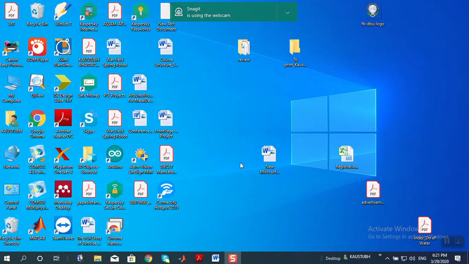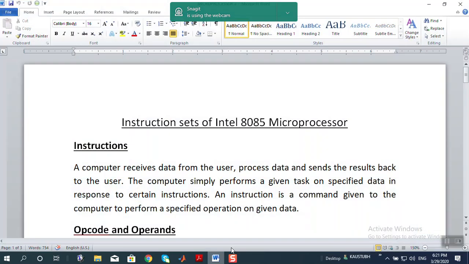In my previous lecture I discussed the primary or basic part of the hardware, that is the architecture of the 8085 microprocessor along with its operation. There are a few more things related to the architecture that I left behind. Let me start with the instruction set so that we can start writing our assembly level programs. Okay, so to start with this instruction set